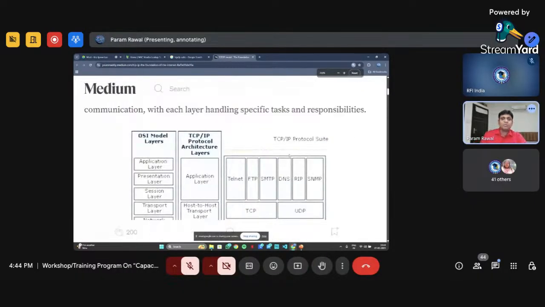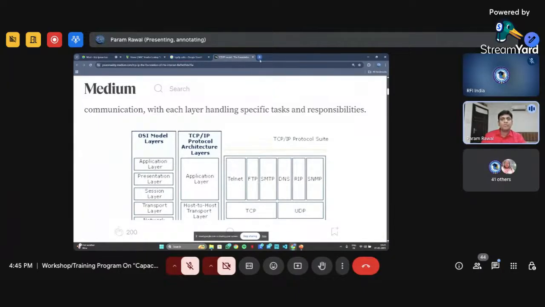There is Telnet, there is File Transfer Protocol (FTP), there is SMTP, Simple Mail Transfer Protocol, there is DNS, the Domain Name System, and SNMP, and POP3 also, and UDP, User Datagram Protocol. So there are different protocols in the TCP/IP protocol suite, and SMTP, Simple Mail Transfer Protocol, is one of them.